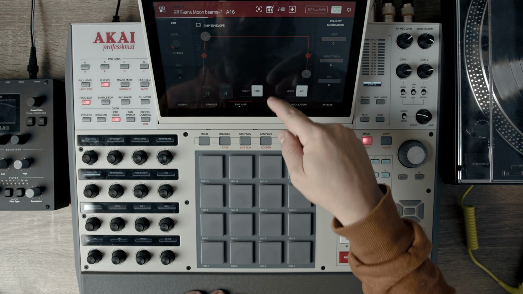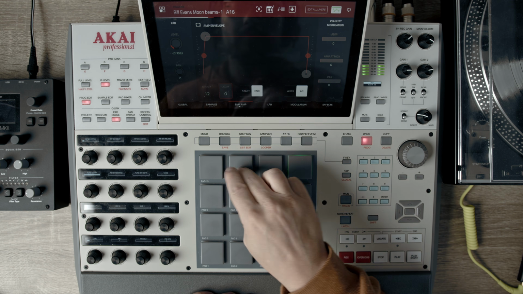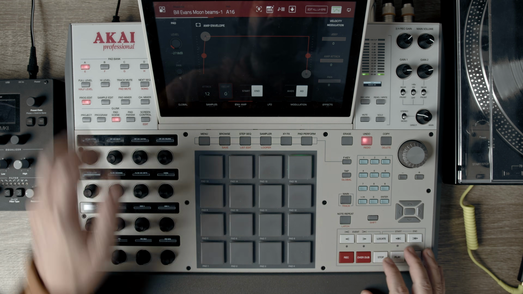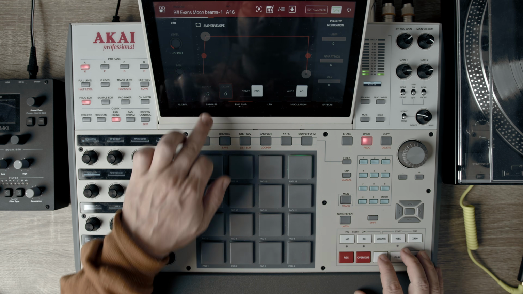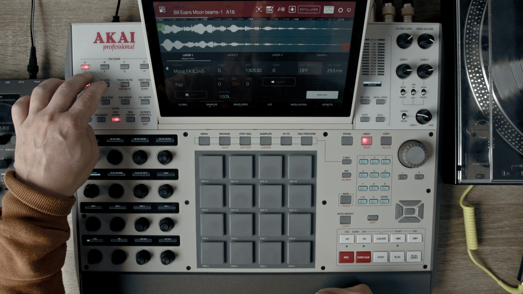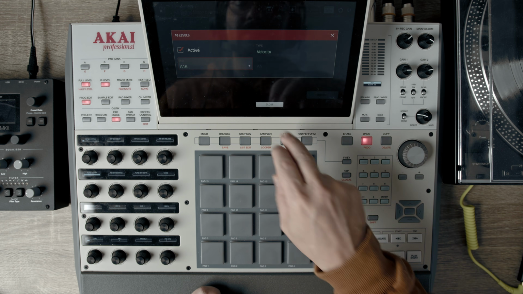Okay, I was just having fun with some chopping through velocity. Doing that with 16 levels. That's the sample right there. Let me put that on full. All right, so that's the sample. I just go to 16 levels right there, turn the velocity on,